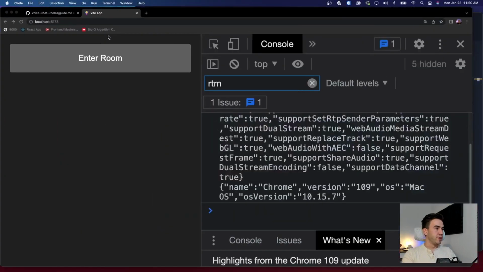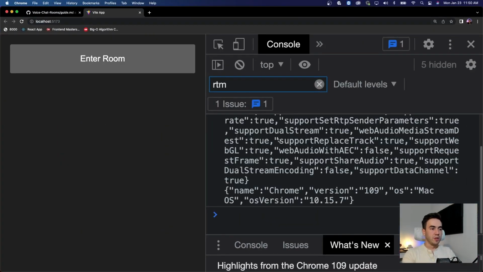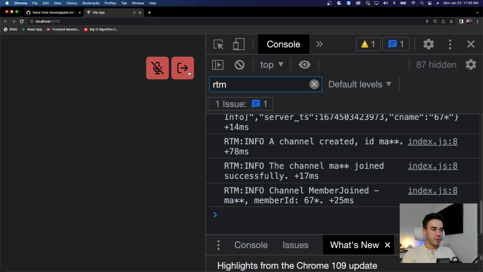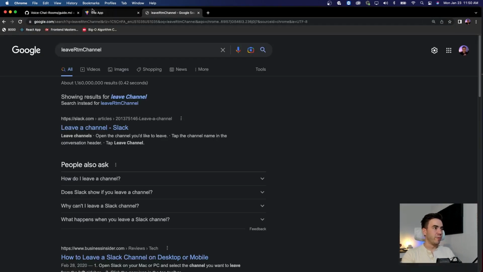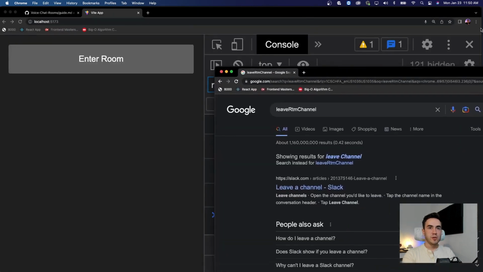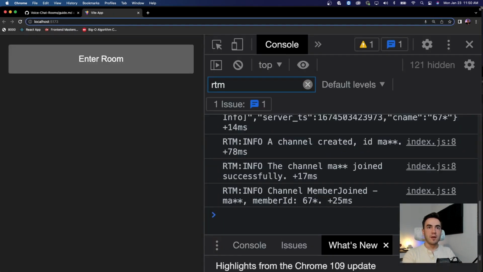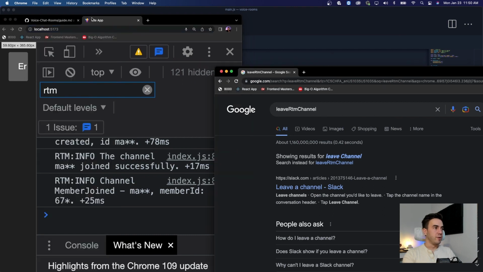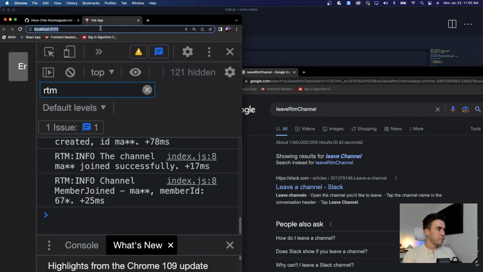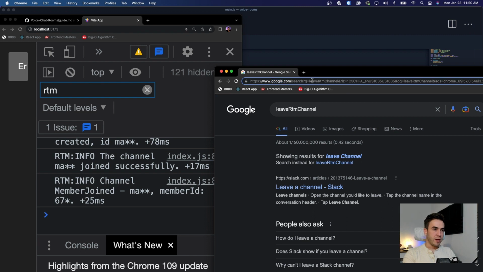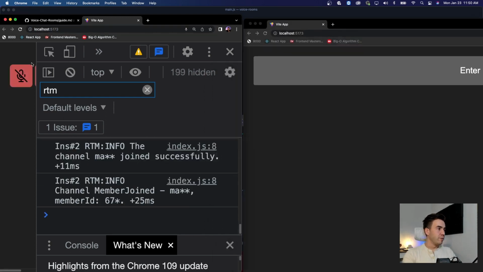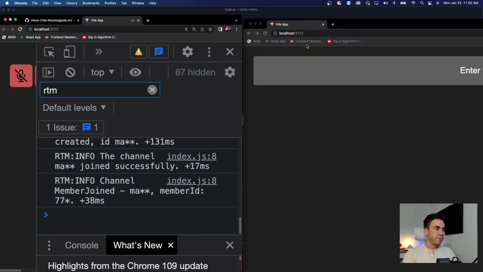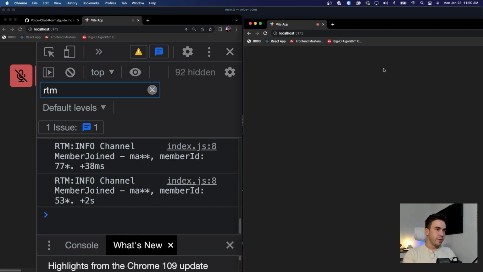Okay, let's just see if there's any errors, because I don't think that leave method is supposed to show anything in the console here necessarily. So we'll just go ahead and do leave, and there we go. And actually what I could probably do is test this with a remote user. So if I bring these users together here, let's put them side by side, the remote user should actually see when I'm leaving. So let's grab this right here, and paste this into the browser. For some reason I can't select everything. Okay, so we'll refresh it, we'll enter the room, then we'll enter the room here, and it says